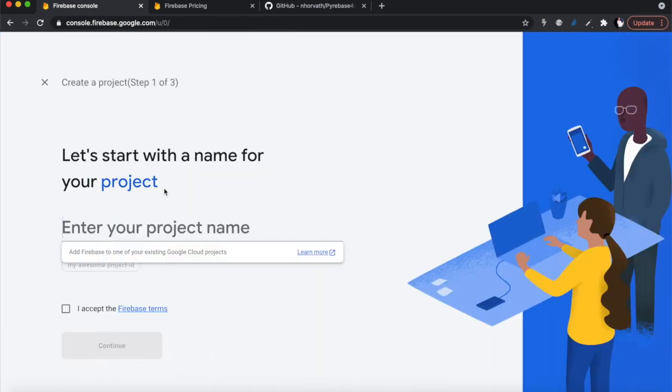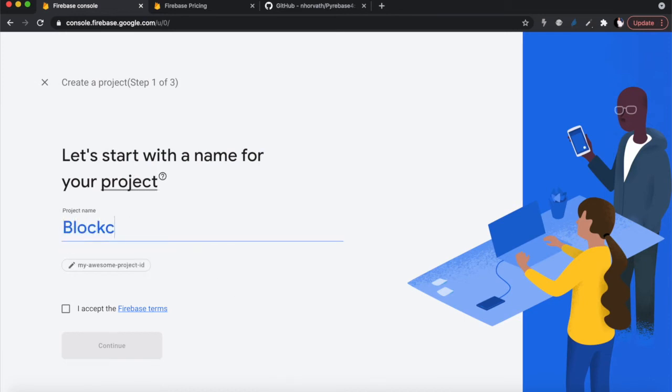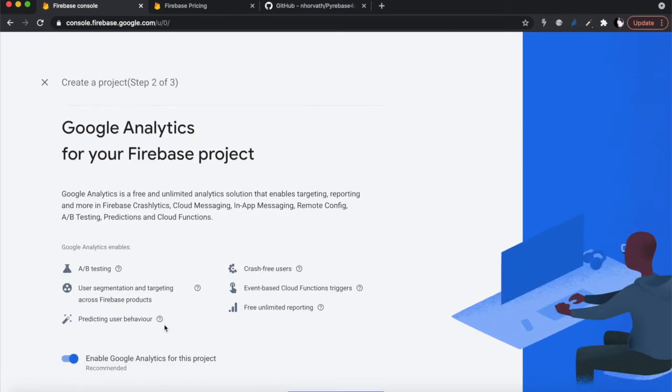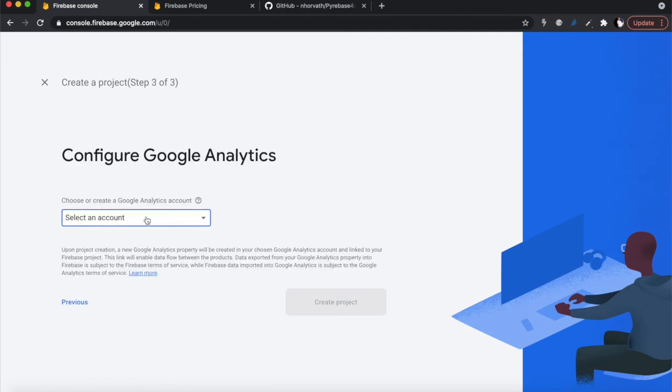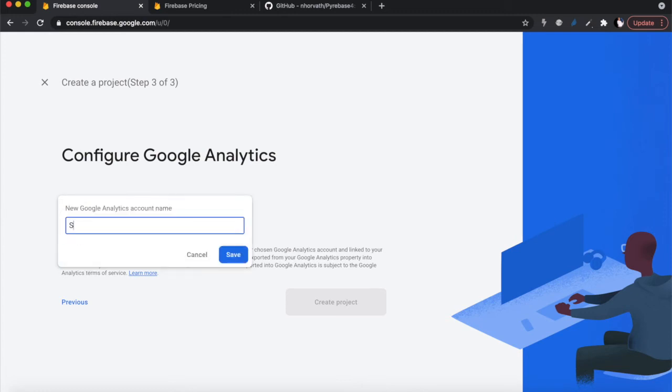Just click on that so you can start creating a new project, and we're gonna enter a name for the project. We're going to call it a blockchain, because we're building a blockchain. We're going to accept the terms and conditions, and we're going to continue, right? And you can allow Google Analytics, don't really care, and select an account. Let's create a new account over here, and we're going to create an account that's called Scholar Online, like that. All right, and the